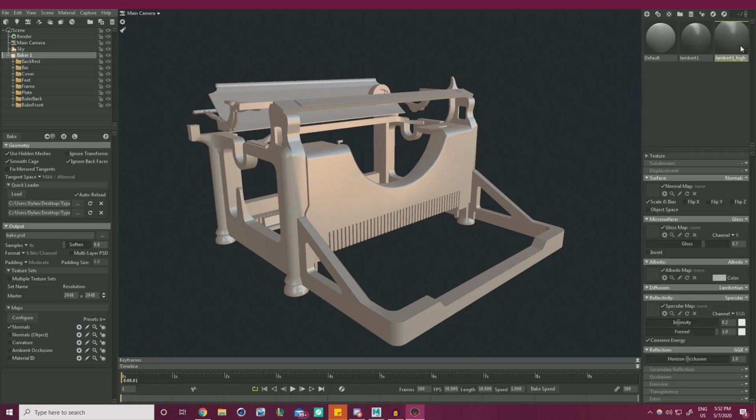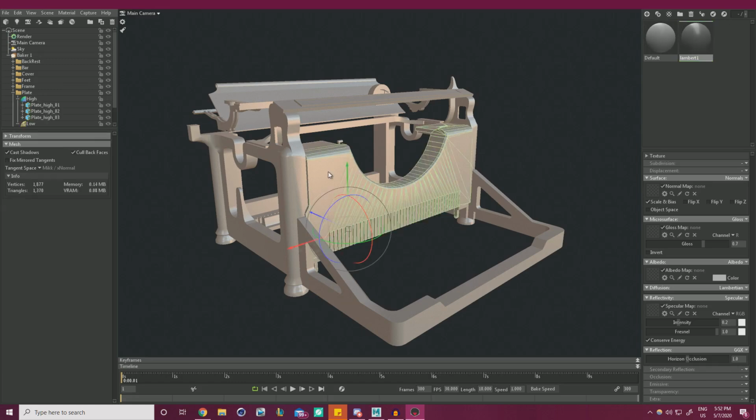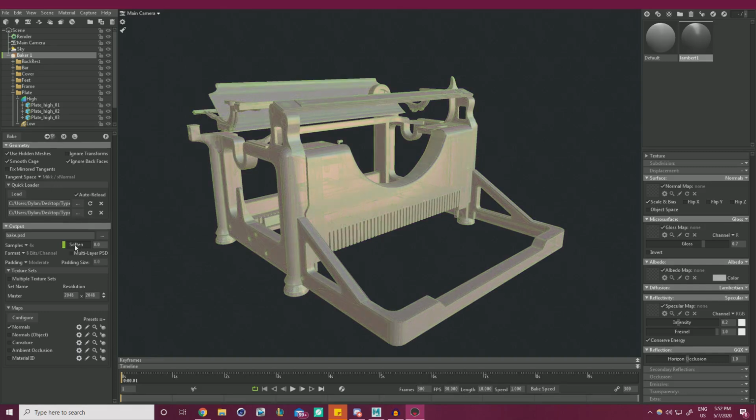Let's see. First of all, I'm going to delete the high material. We don't really need it. It brings in whatever materials you have from Maya or whatever program you're using. So I'm just assuming that this material has Lambert on it. But anyways, what we can do is